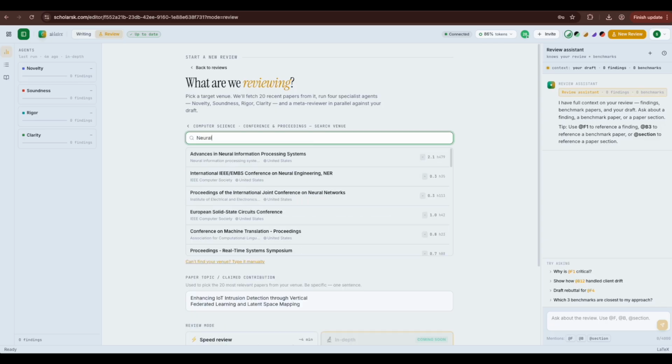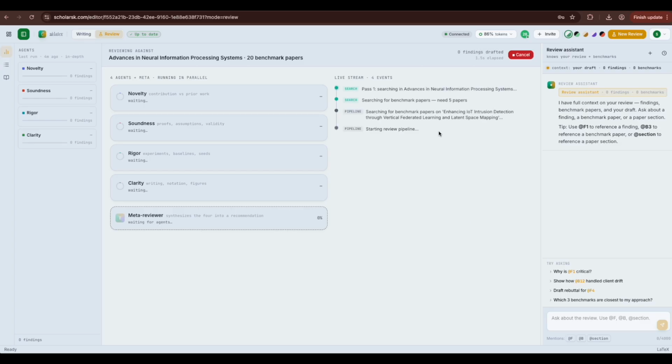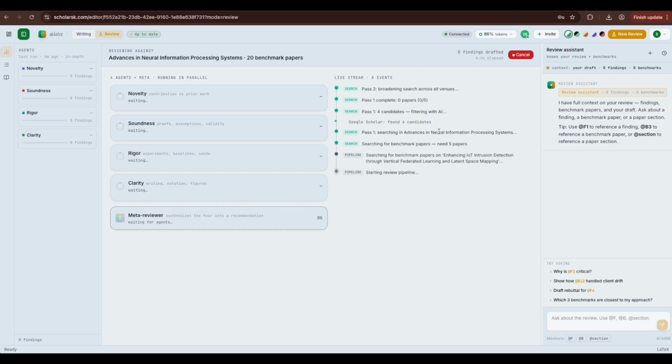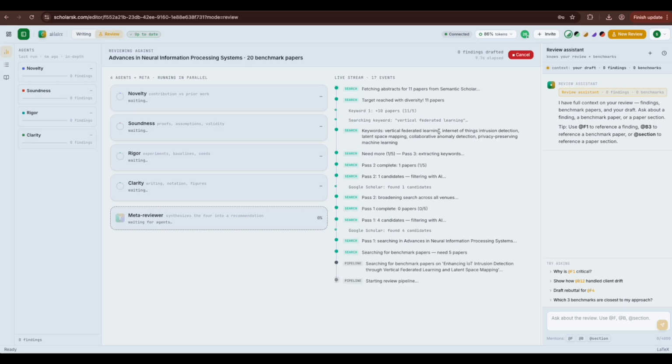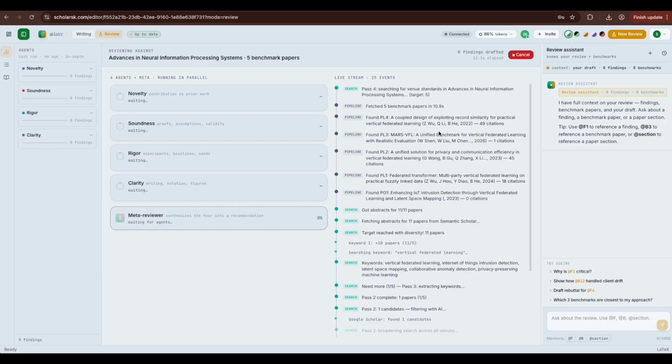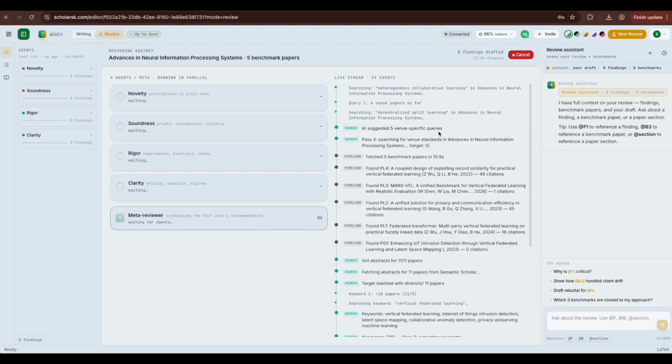So we can just select it here, and yeah, we have different kinds of modes. For now we are using speed review mode. So we can just start the review here, and what it does is it pulls the benchmark papers recently accepted to this venue, which belong to your working area or topic, and it compares against that. We have different kinds of agents running in parallel that will evaluate your paper according to different lenses, and there are a lot of